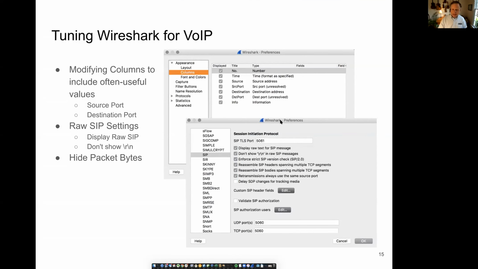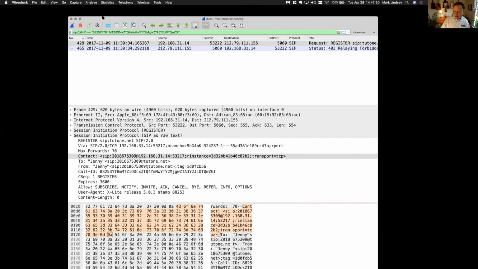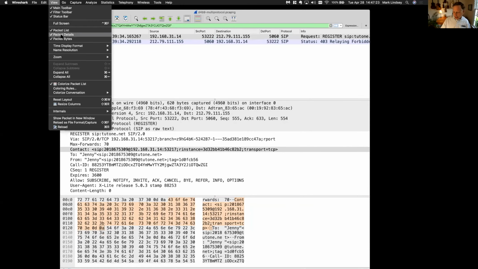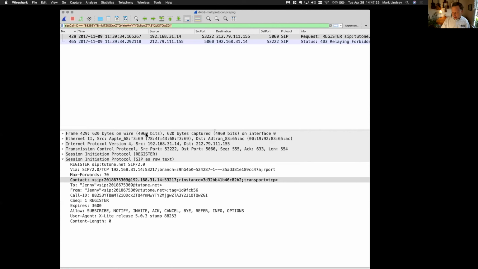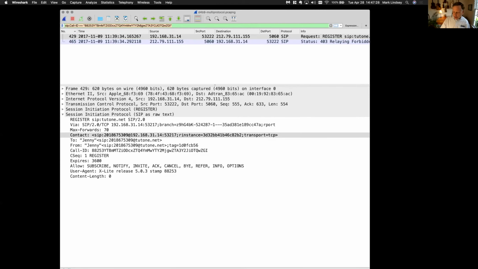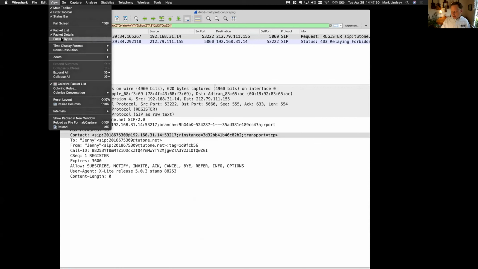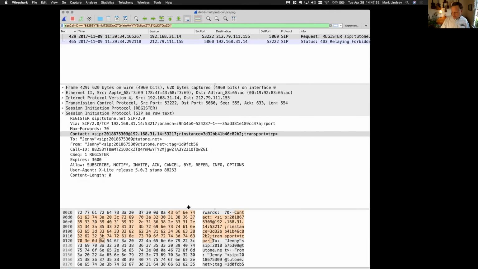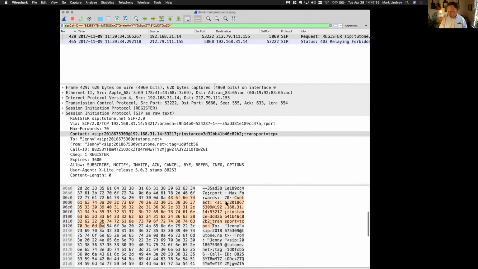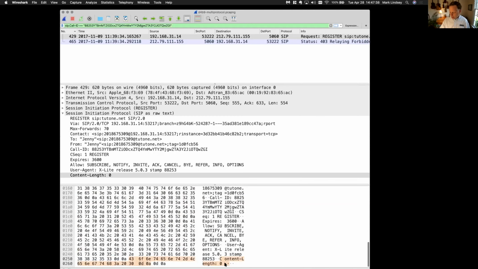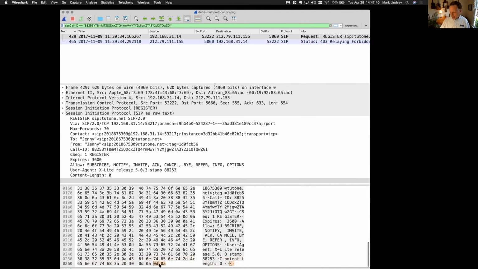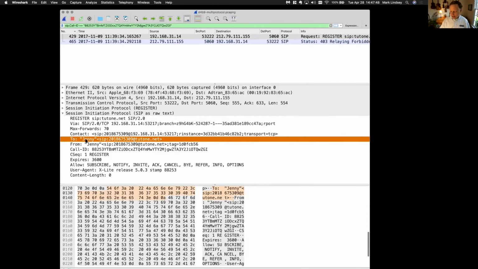So the hiding of packet bytes is that other option I mentioned that's actually usually fairly useful. It helps us to get as much as possible on the display. And so we can go to View and we can just uncheck packet bytes, and so that goes away. You can always get it back when you suspect, oh, I need to see those individual bytes to see what's going on, whether there's something fishy here. A common thing would be, well, what are these characters at the end? Is there anything after the final \r\n,